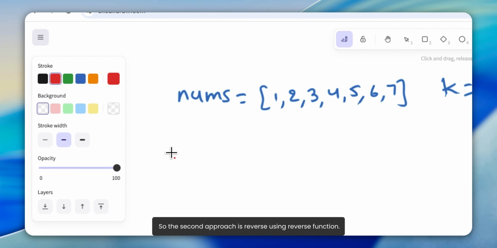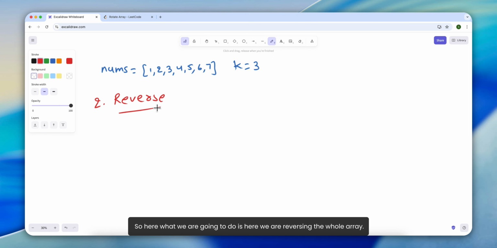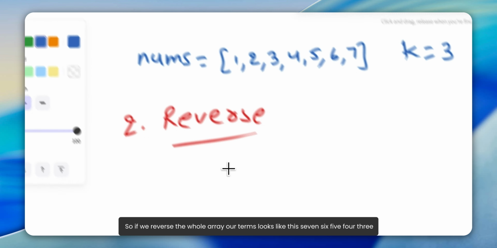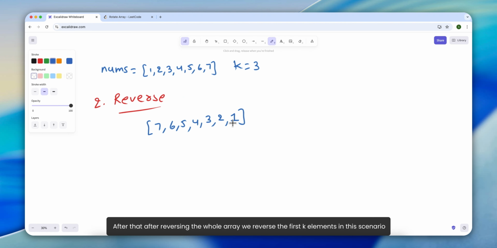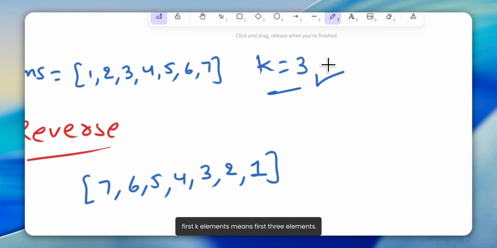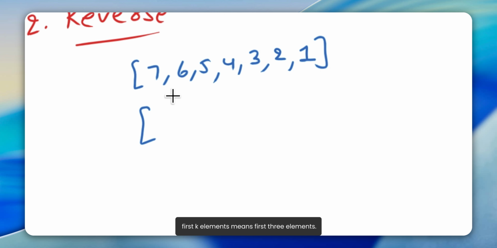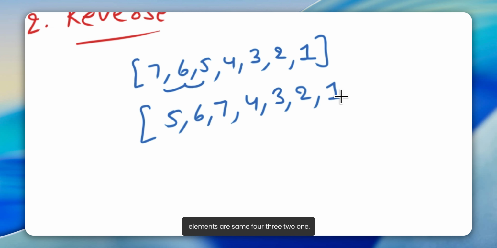The second approach uses the reverse function. Here we are reversing the whole array. If we reverse the whole array, our nums array looks like this: 7, 6, 5, 4, 3, 2, 1. After reversing the whole array, we reverse the first k elements. In this scenario, first k elements means the first 3 elements. So if we reverse the first 3 elements, 7, 6, 5 becomes 5, 6, 7, and the remaining elements are the same: 4,